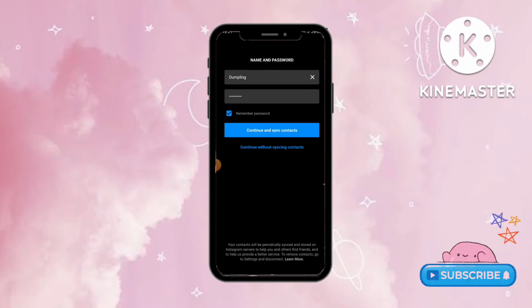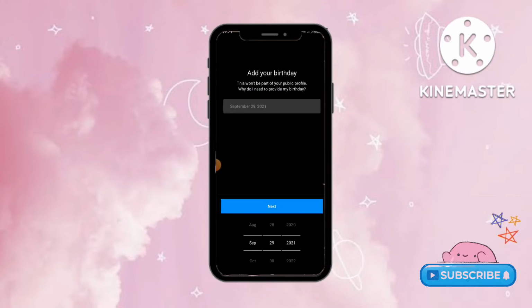Please remember that even if you don't sync your contacts but have created your ID using a phone number, then your connected or saved phone numbers using Instagram will be notified about your account creation irrespective of anything. After putting the correct details, you can now tap on the next button present at the bottom of the